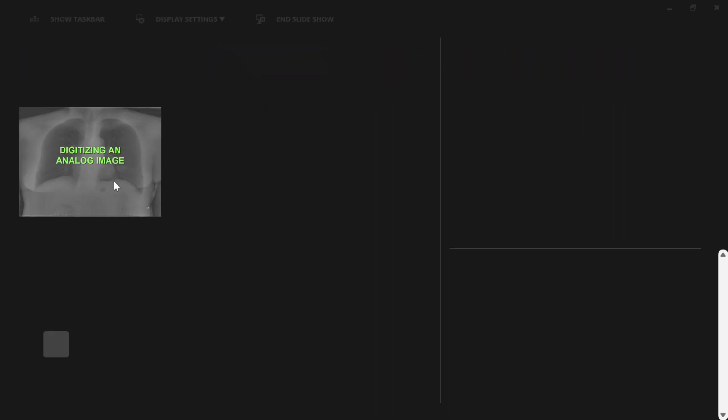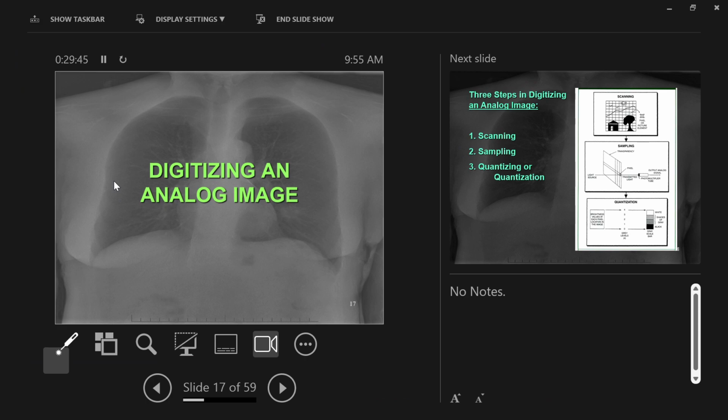Let's talk about now that we know the way images are displayed, we know that there is a matrix, right? A matrix